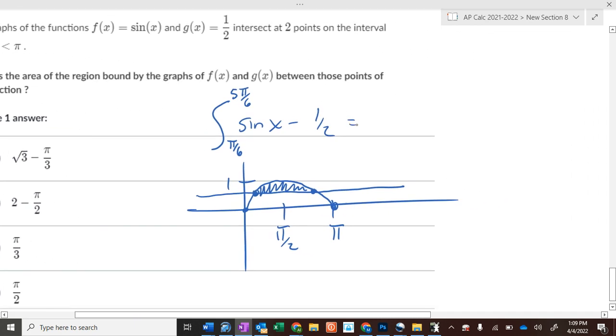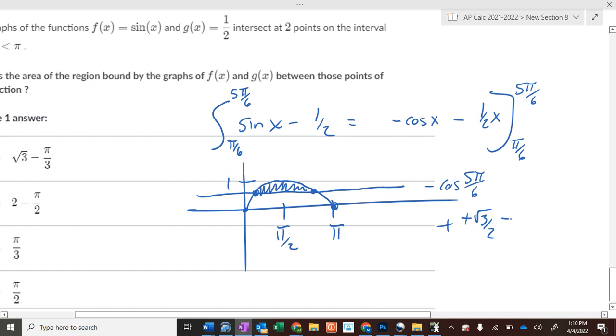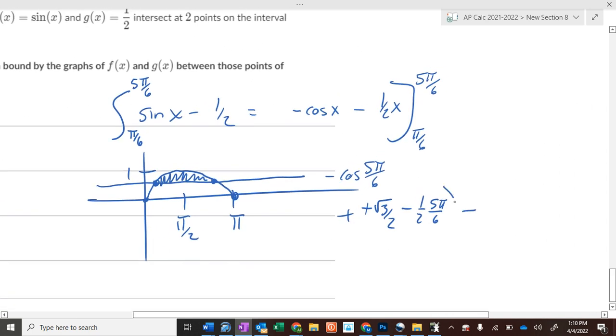So that's what you're going to do. Let's write out the integral. What's the integral of sine? Negative cosine of x. What's the integral of negative 1/2? Negative 1/2 x from 5 pi over 6 to pi over 6. So what's the negative of the cosine of 5 pi over 6? It's negative of negative square root of 3 over 2, which is positive square root of 3 over 2, minus 1/2 of 5 pi over 6, which is 5 pi over 12,